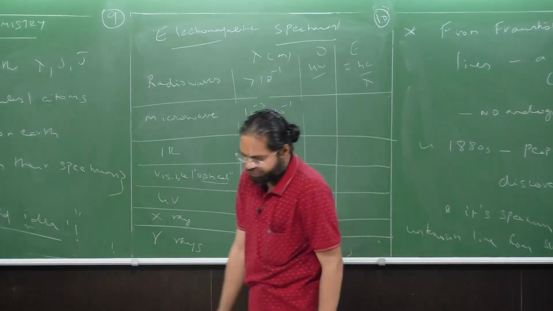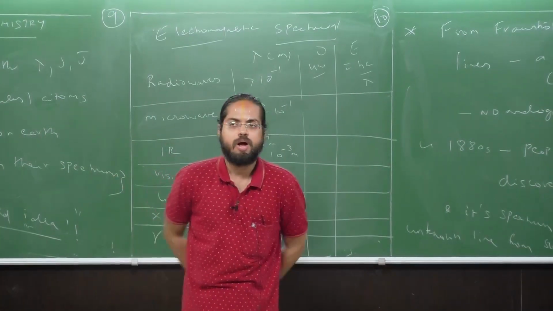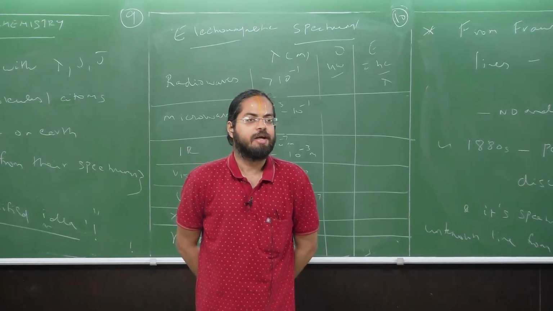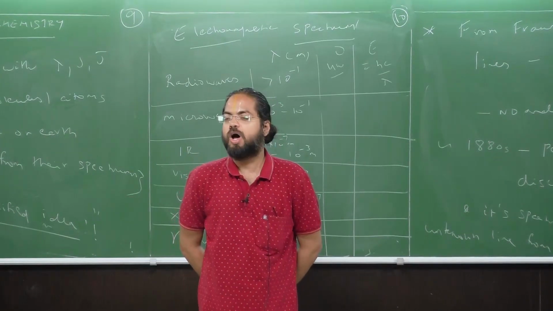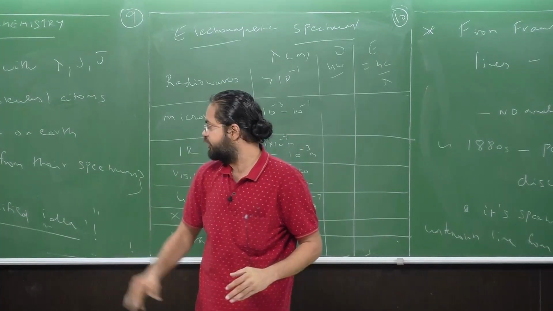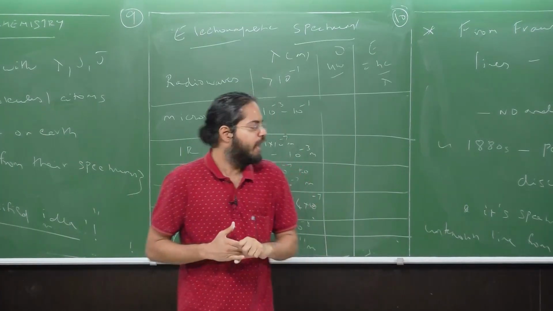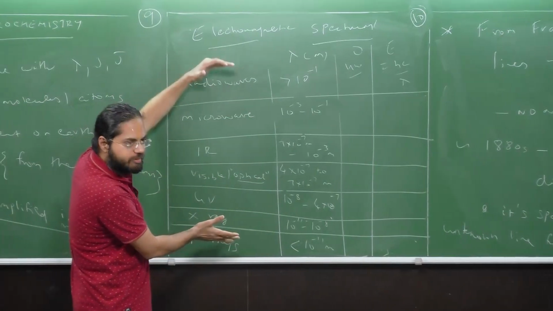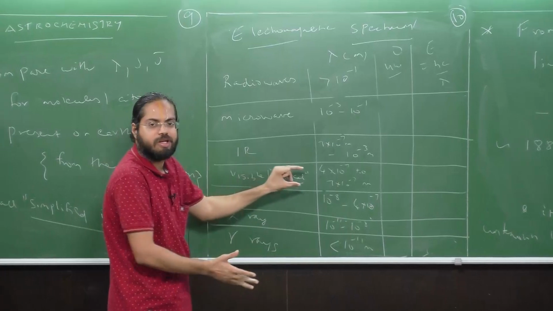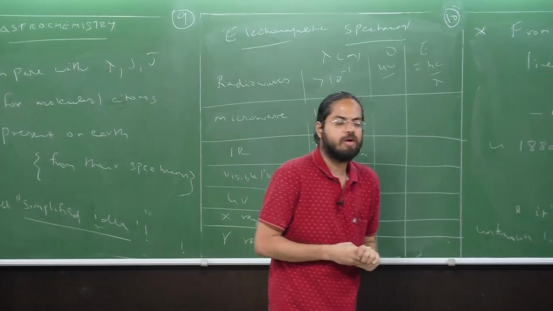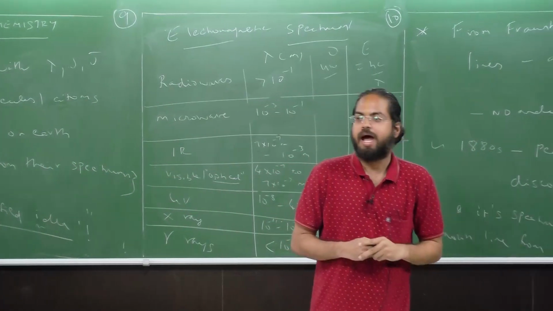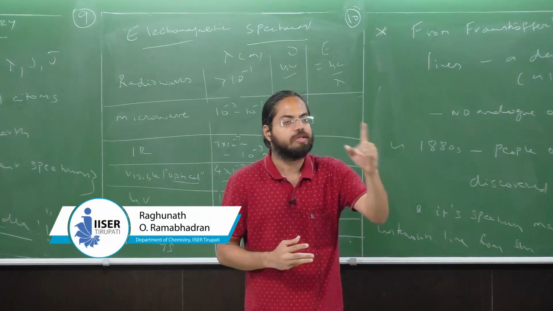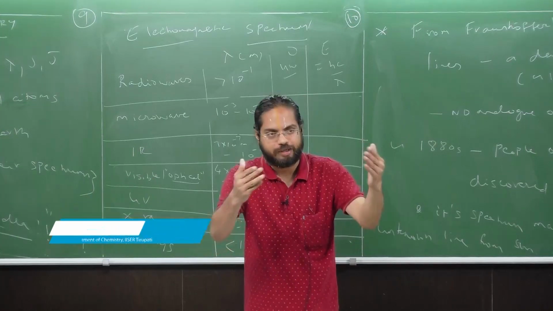Are we clear? So in this lecture, that is lecture 20, we finished looking at the simplified version of how molecules can be detected in space. This was followed by an introduction to the electromagnetic spectrum and the span of various regions, noting that the visible or optical region is a very tiny fraction. On that note, we end this lecture, and in the next lecture, we shall see how molecules are detected in space beyond just atoms. Thank you.